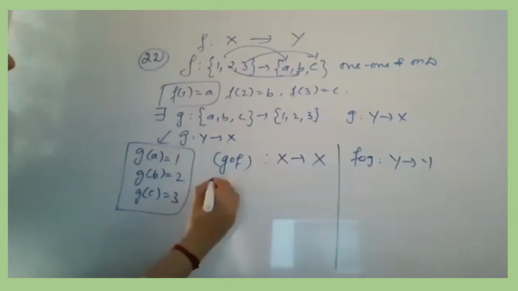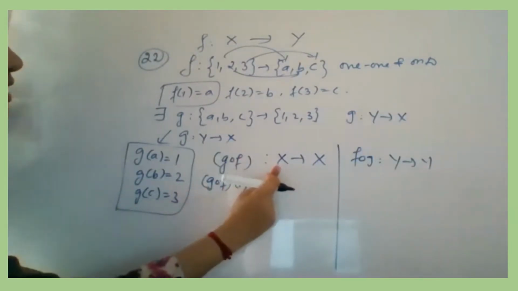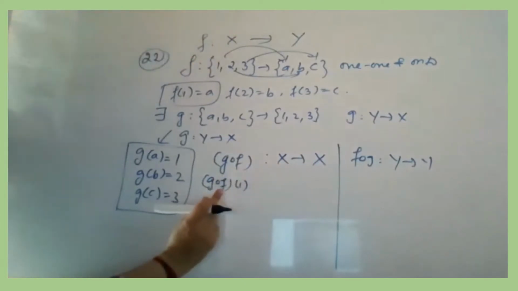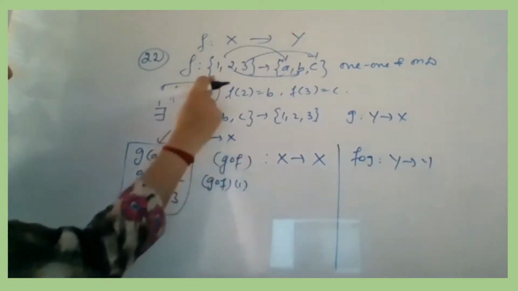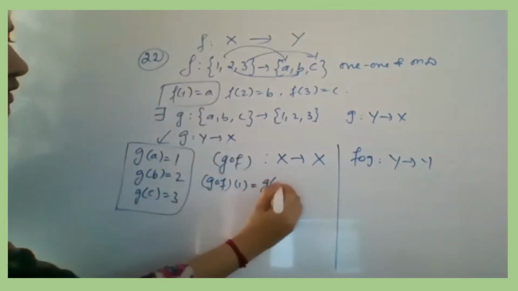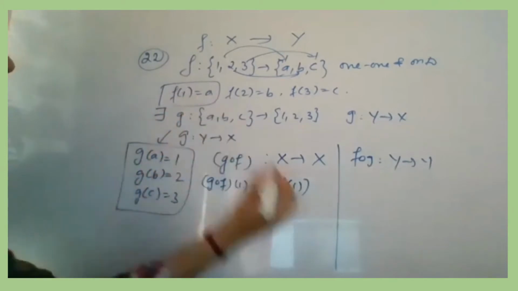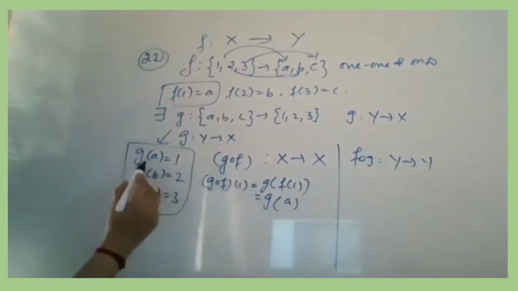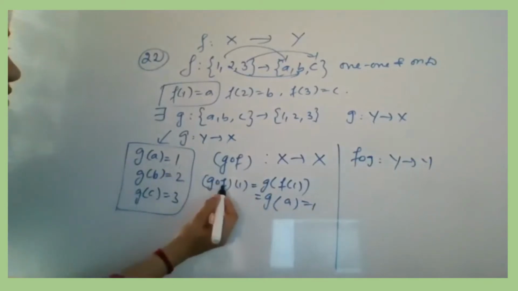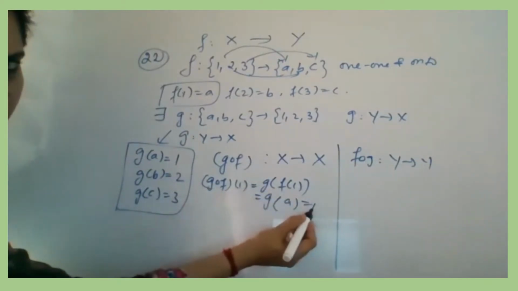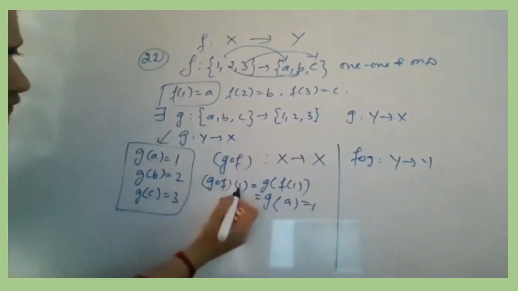So when I apply, I will write G composition F of 1 because X contains 1, 2, 3 और आपको पहले F apply करना है. That means F के elements, F जिसमें apply करेंगे वहाँ के elements आपको लेना है. So you will get G of F of 1. F of 1 कितना है? It is A. And what is G of A? Actually what we have defined as G of A is 1. So I have started with G composition F of 1 and I reached 1. That means G composition F is giving me the same element as I have taken here.